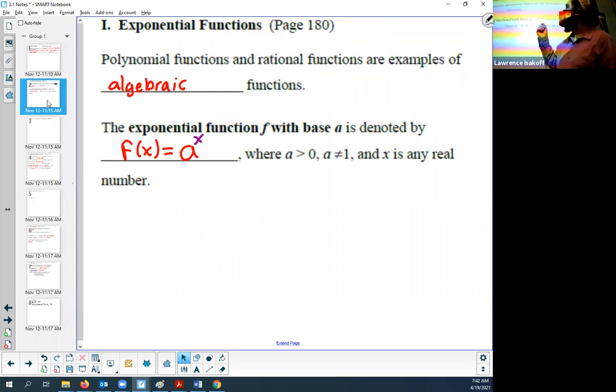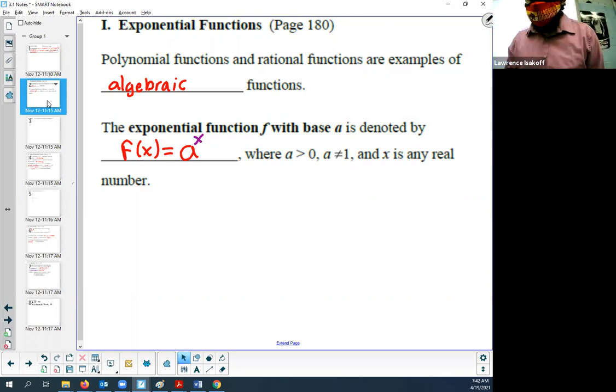Polynomial functions and rational functions are examples of what we call algebraic functions. As we just said, exponential functions and logarithmic functions are considered